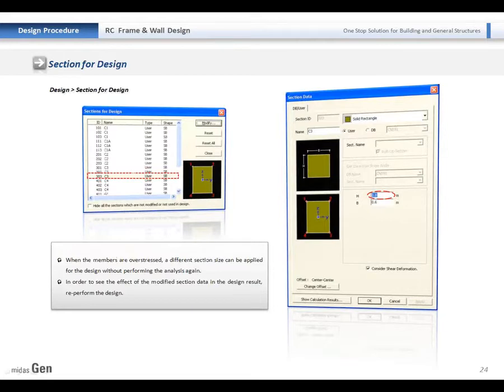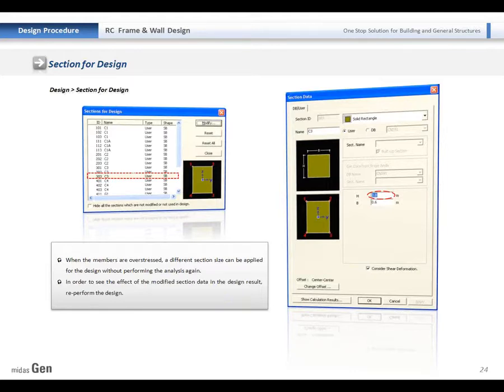There is another useful tool in Zen, Section for Design. After performing design, if you need to change the section size because even though you increase the lever area, the member is still not satisfying the design code, in this case you need to increase the section size.